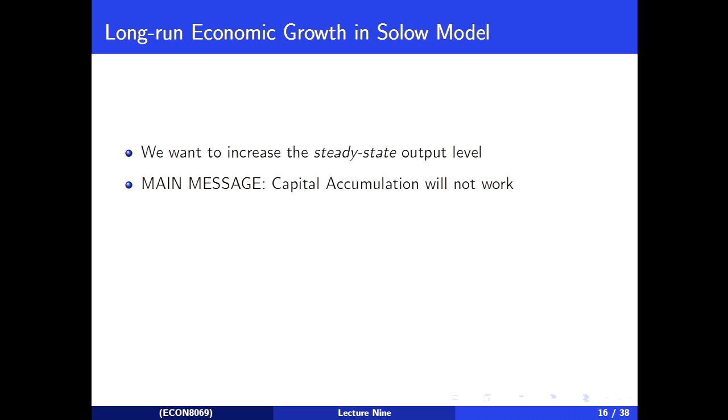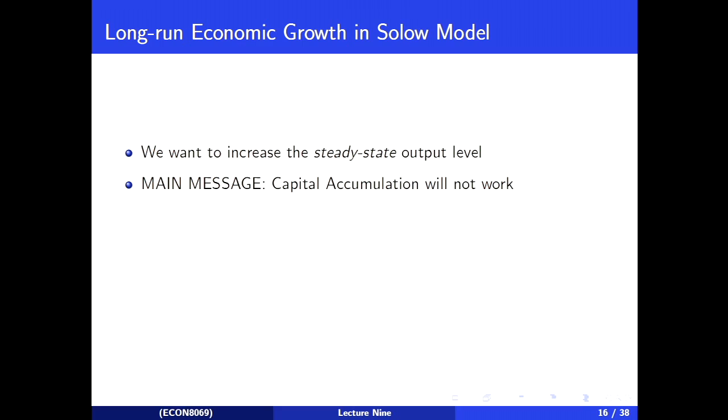but the dynamics of the system mean that depreciation will kick in. The extra capital we get will be sufficiently unproductive that the additional savings it produces is smaller than the additional depreciation that it causes. So we buy 10,000 new computers, right? With that, we're able to make enough money to make 500 new computers every year, but 1,000 extra computers depreciate every year. And so there's no point, right? We have the extra computers, it's nice in the short term, but it's not going to give us any sort of long-run economic growth. So the main message here is that capital accumulation on its own is not going to be sufficient.